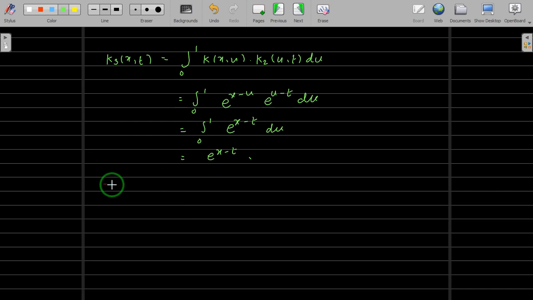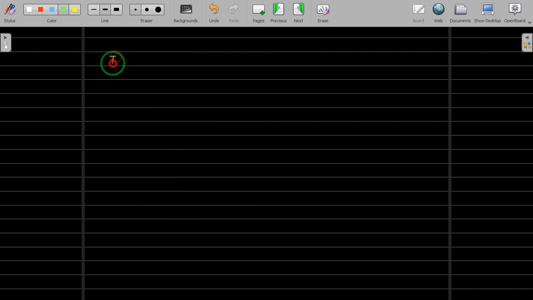So in general, we can generalize here. If not, you can find the next terms. In general, our km(x, t) or ki(x, t) will be the same as e raised to x minus t. So once we have the generalized kernel km or ki, we can go for the resolvent kernel. The resolvent kernel is given by